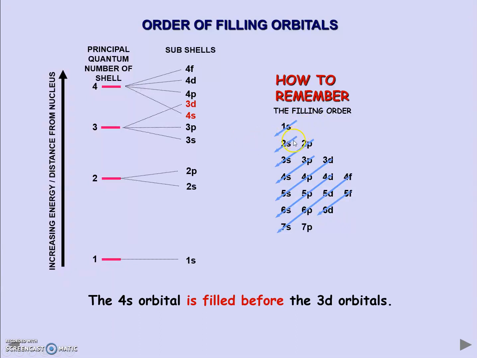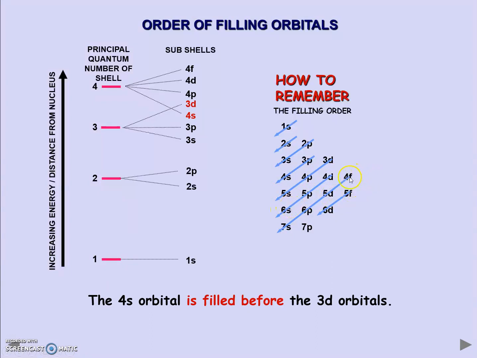Then you fill the 2s subshell. Then you fill the 2p, then the 3s. This is followed by the 3p and the 4s. And then you go to the 3d, the 4p, the 5s, then the 4d, 5p, 6s, and then finally we get to the f